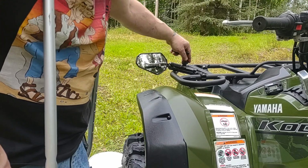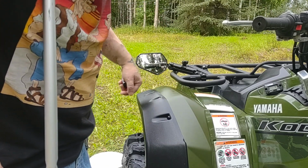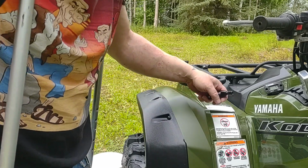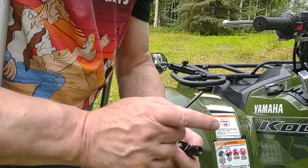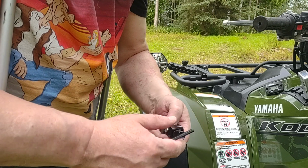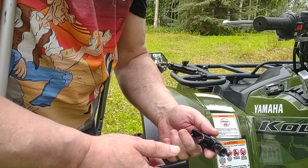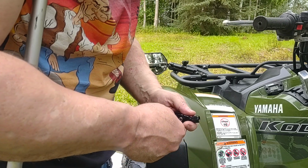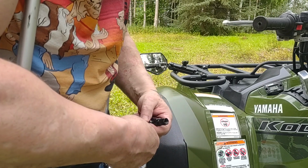I don't know if you can see this or not, but it's a new mirror that I got so I can see behind me while I'm rolling. And I got a set of them, but this one here is cross-threaded. Came from the factory that way, and now I'm trying to get it to work so I can use it to mount up on the other side, but